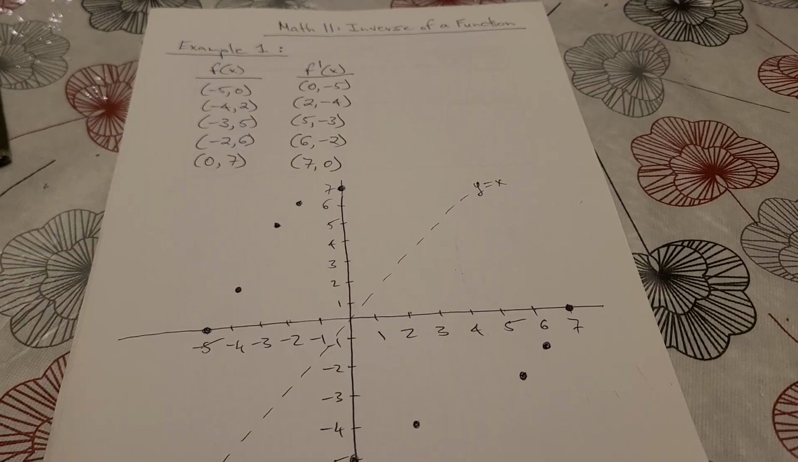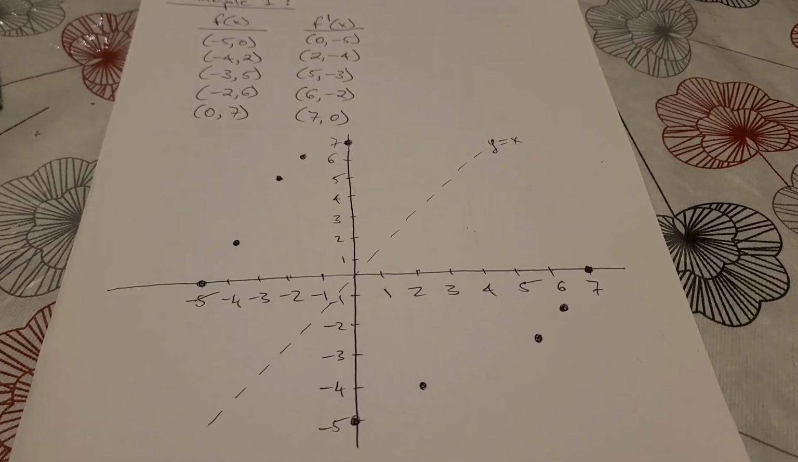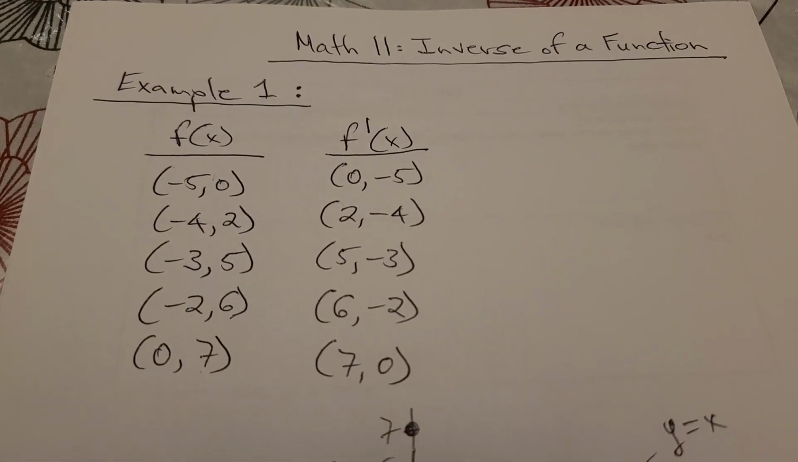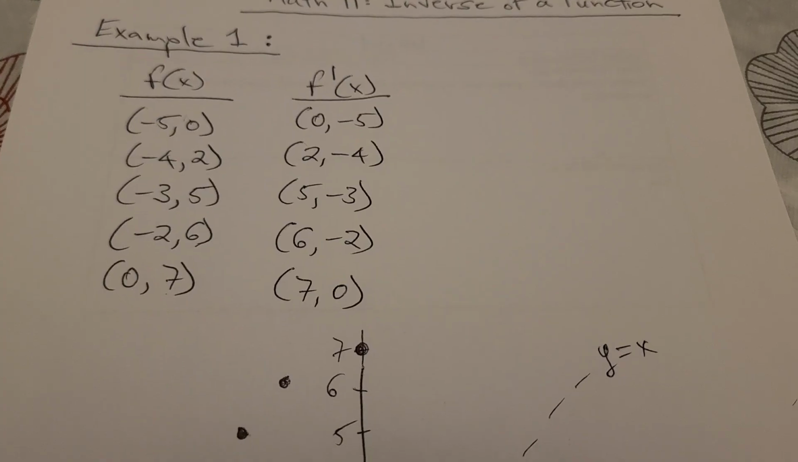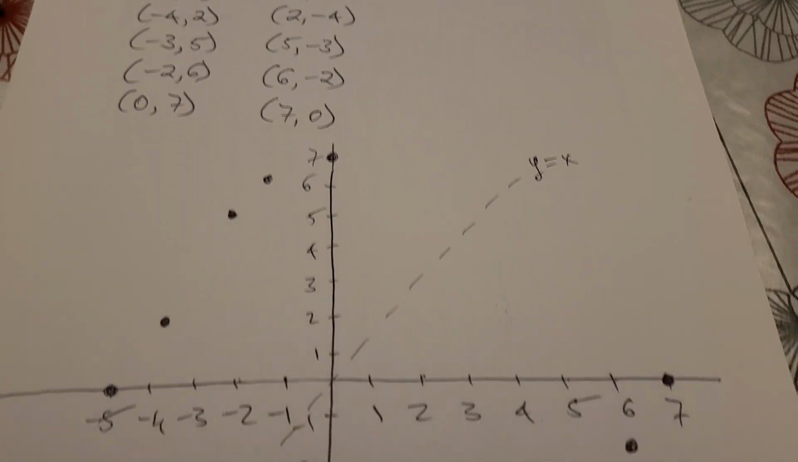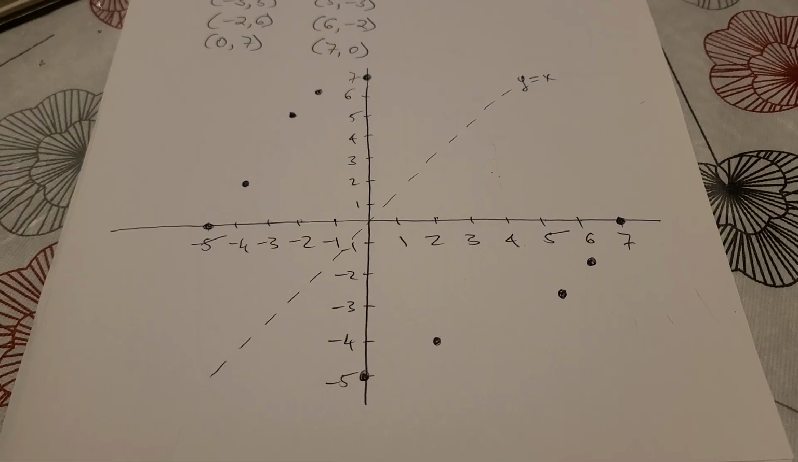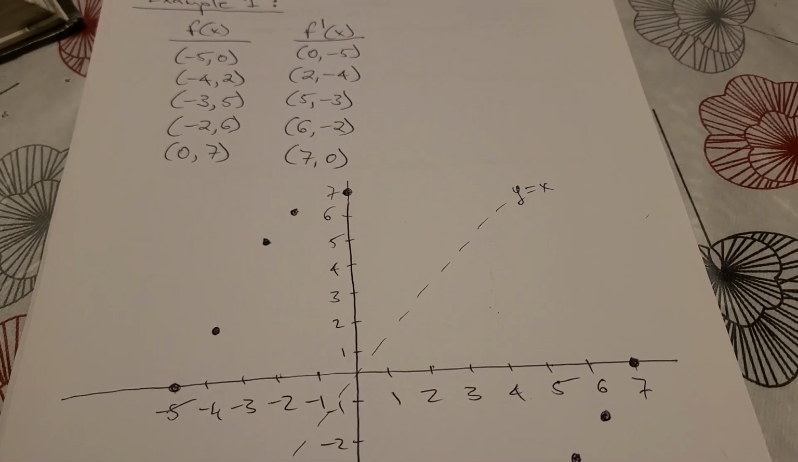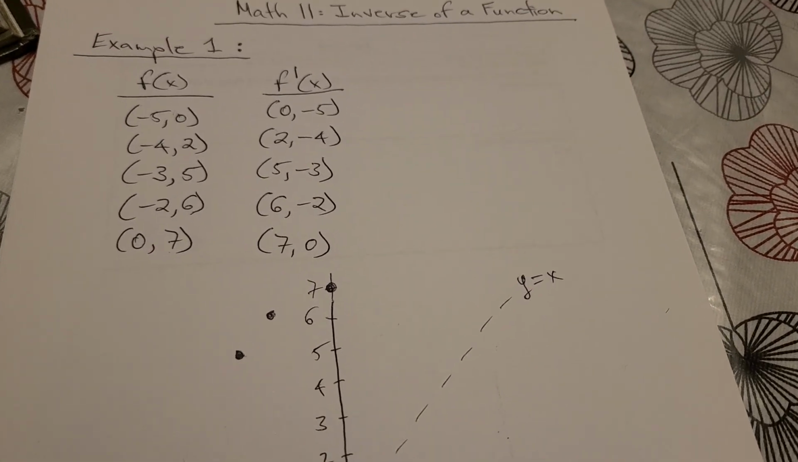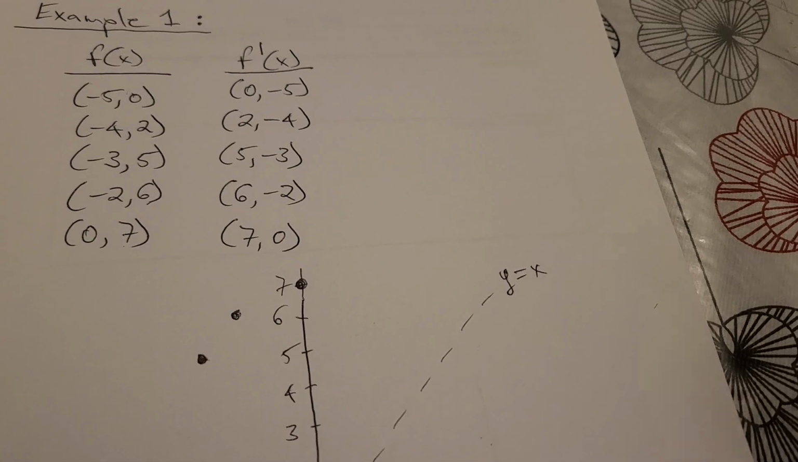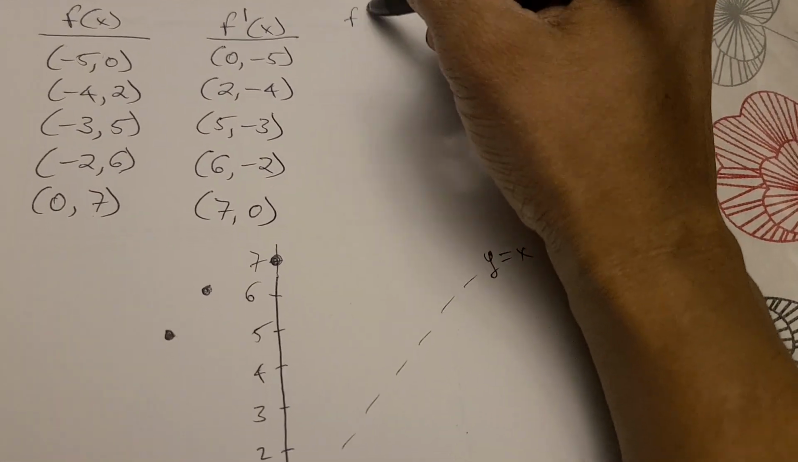Okay, so hopefully everyone sees that. If you're given individual coordinates, you're basically just going to reverse the x and y coordinates. And when you plot it out, you'll see that it is indeed a reflection in the y equals x line. However, let's also do, say, for f of x,